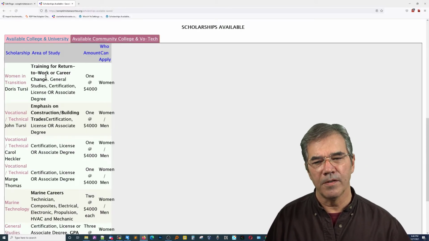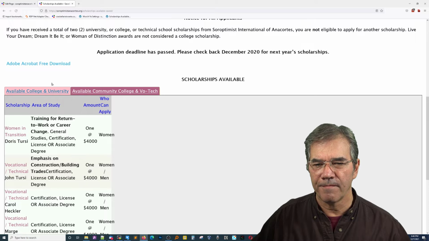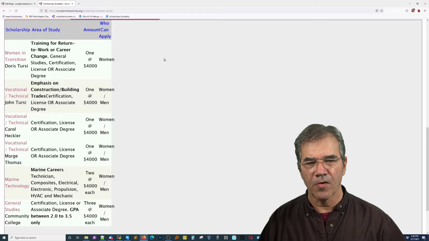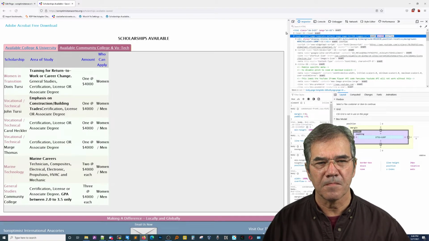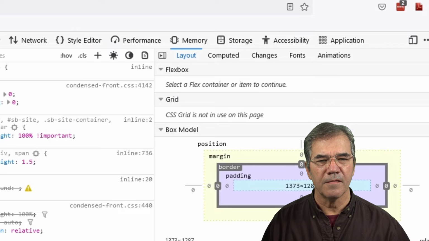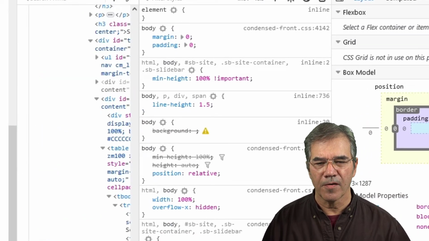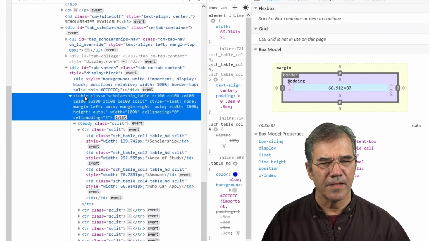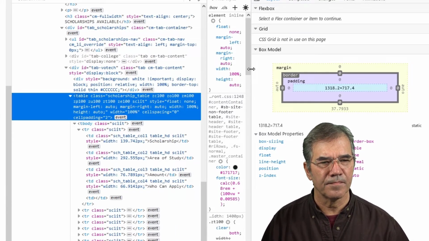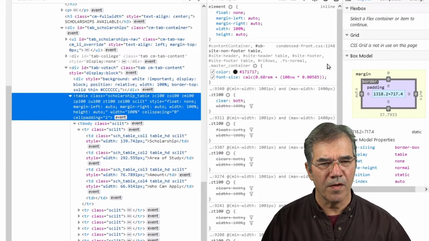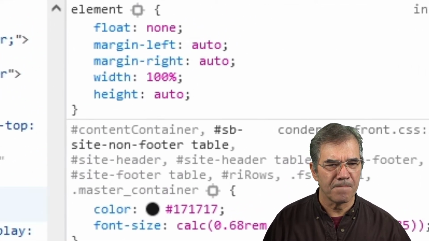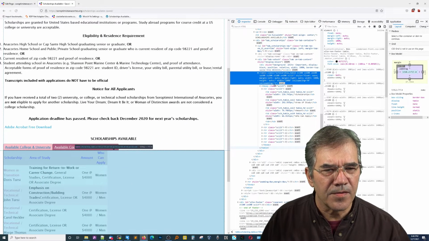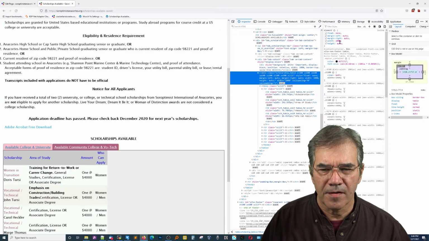Available community. We do have a problem there. Now I'm going to look behind the scenes at that, see if I can see why my 100% got all crunched up. There's the table right there. There's the width 100%. I don't see any reason